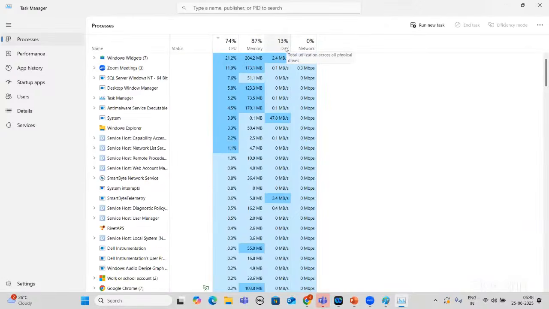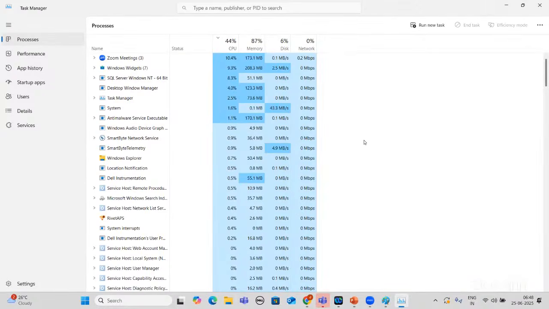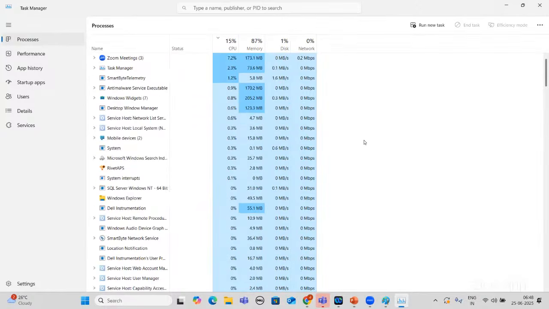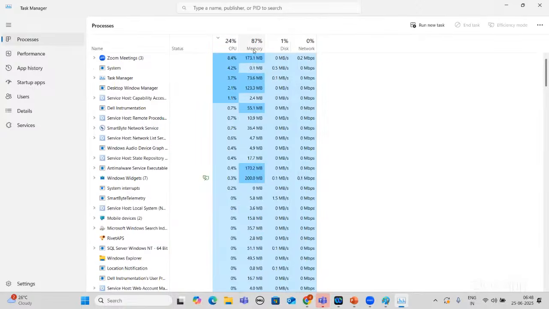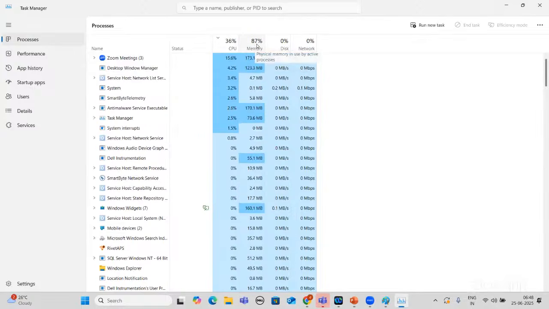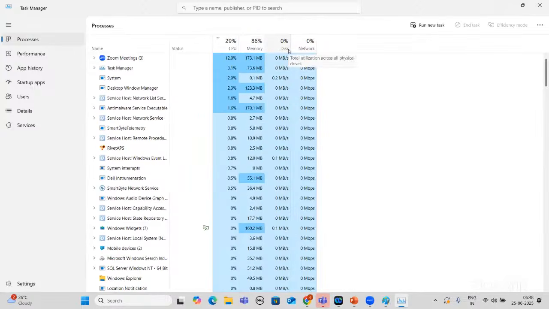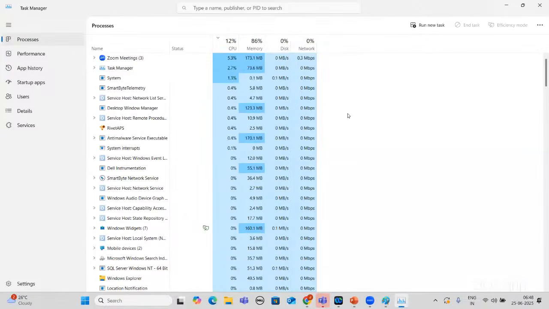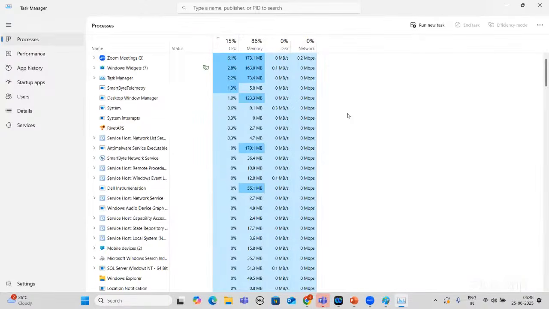Disk is nothing but my permanent memory in my laptop. That is ROM. Here I'm having memory, this is RAM. You can see most of the process is taking memory, 87%, whereas disk is 0. So if I'm transferring data disk to disk, meaning from the hard disk in my system to any pen drive, it will take time. But in memory it is